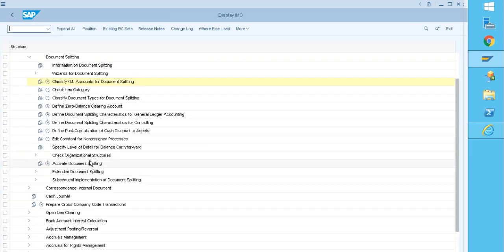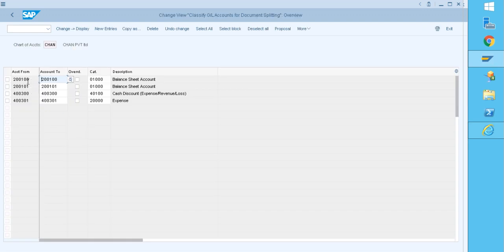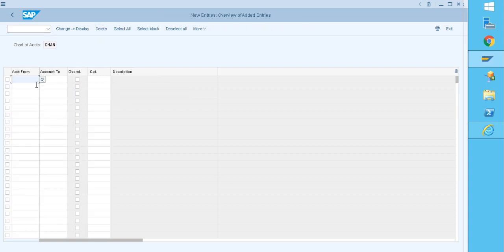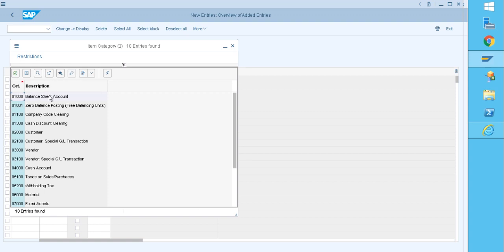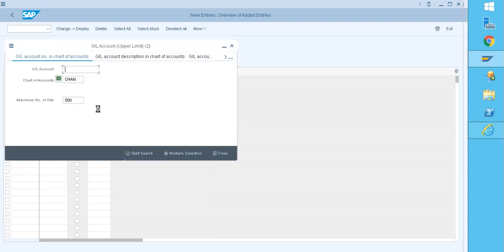Double click on this, execute, and give your chart of accounts. That GL account is not there, so I need to create a new entry. This GL account is not assigned here in document splitting. It's a balance sheet account; the 2002 series is like ICICI Bank.